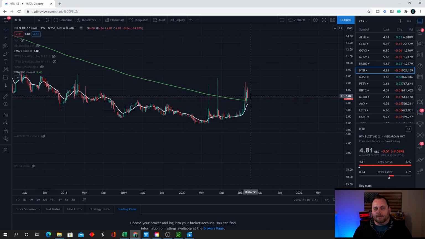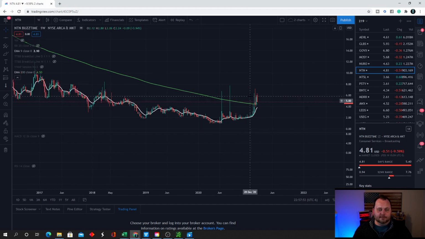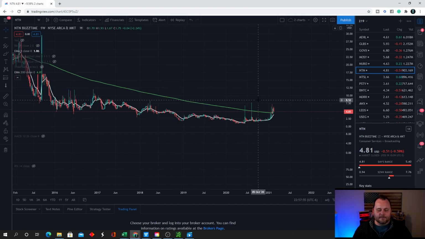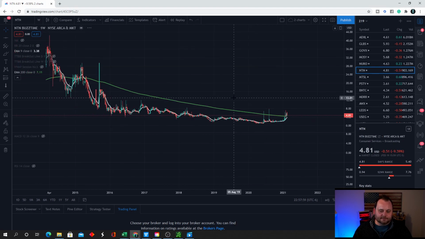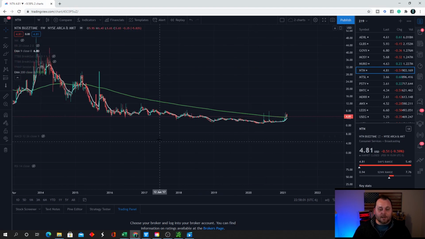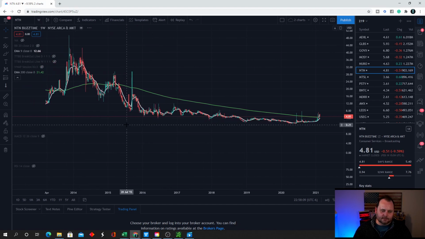Next, I need to find my overall target price. So what I'm going to do, I'm going to zoom out. I'm going to do it slowly. What I'm looking for is, I just want to see what this thing has done in the past. So as I zoom out, I can see basically how this has performed. Here are my current weekly candlesticks. And if I just run my crosshairs up,